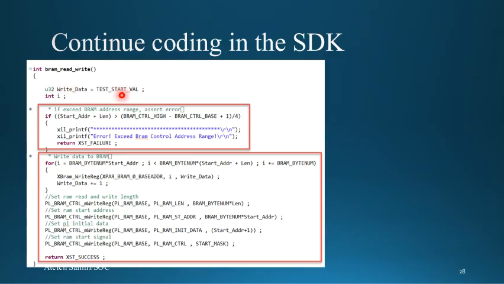The initial data will be set by the test start value parameter, and then in this if statement we will check if start address plus length is in the range of the BRAM address or not. If it is outside of the BRAM address, then an exit failure will be returned for this function,